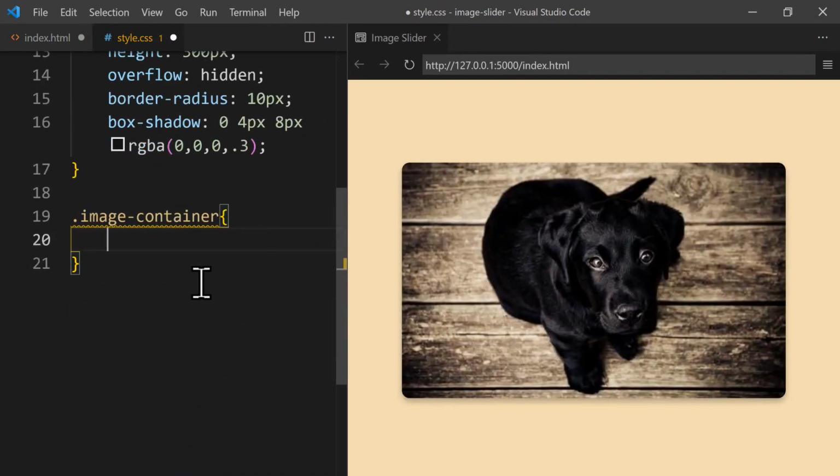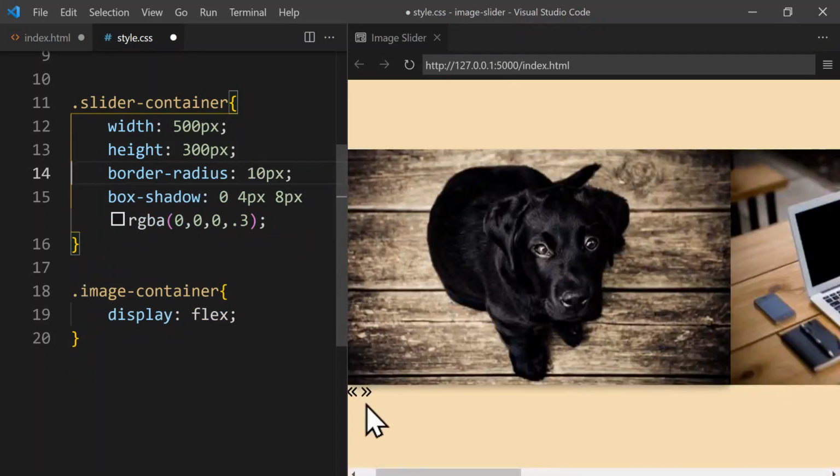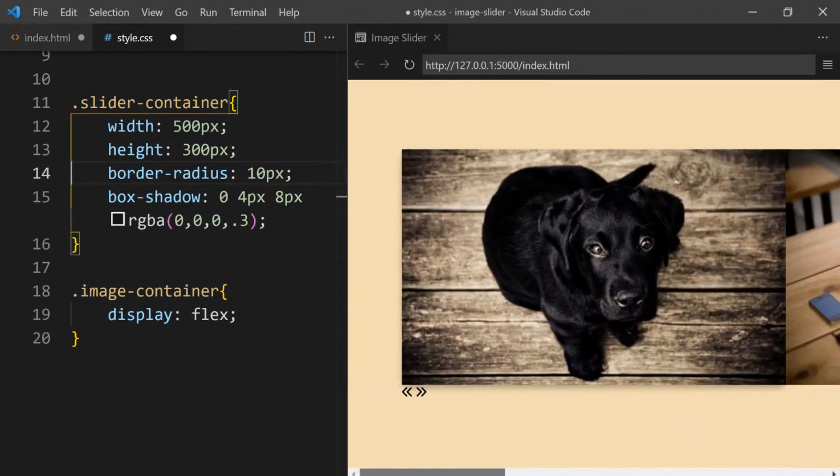We just say display to flex. We want to bring the images next to each other. We cannot see the images yet because we are using overflow hidden. We remove the overflow hidden just temporarily. Now you can see all the images next to each other because we are using display flex, but this is